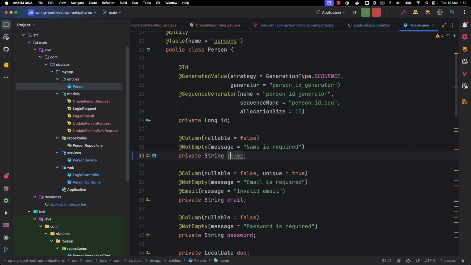Let's say you change it to fullName, and your intention could be to rename this existing column. But what happens if you change it like this and then restart the application, hoping the name column would be renamed to full name? No, it's not like that. What is going to happen is, it is going to leave the name column as it is, and then it is going to create a new column called full_name or something like that,